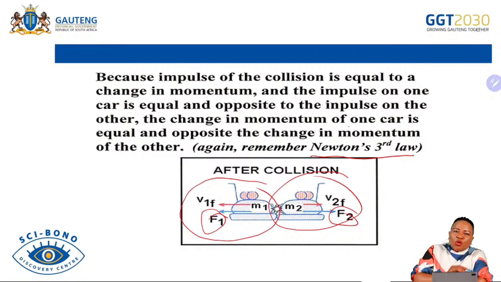And we have seen also that under momentum, there was a relationship between Newton's second law and momentum. So all the Newton's laws that you did, definitely you need to revise them, because they will also be used here. If we know that car A is exerting 80 newtons on car 2, or the second car, obviously we will know that car 2 is exerting minus 80 newtons, because we will be referring.